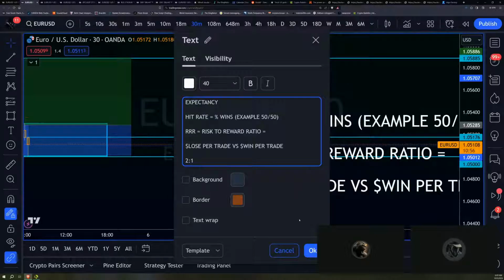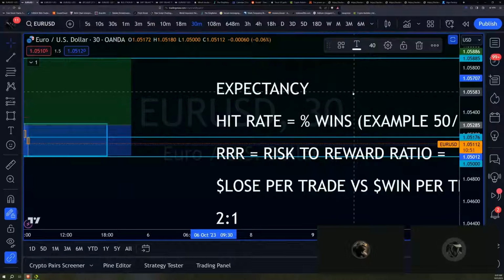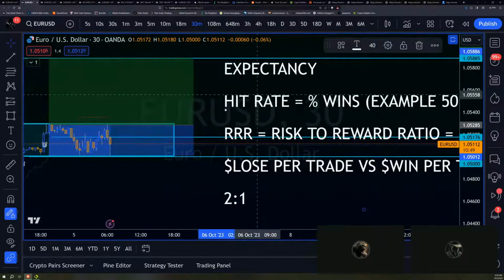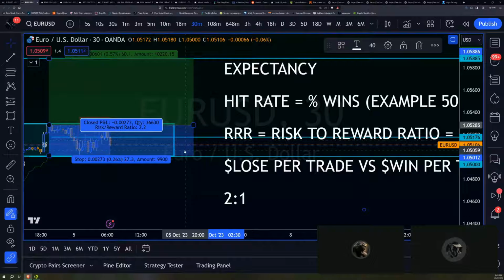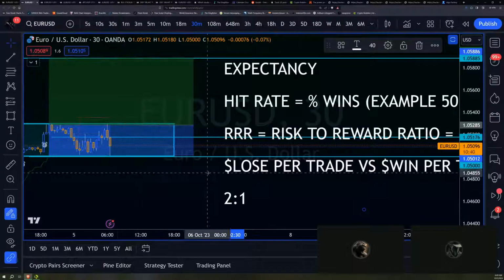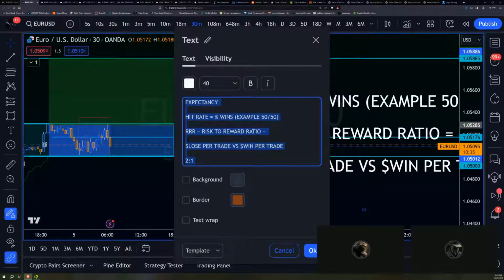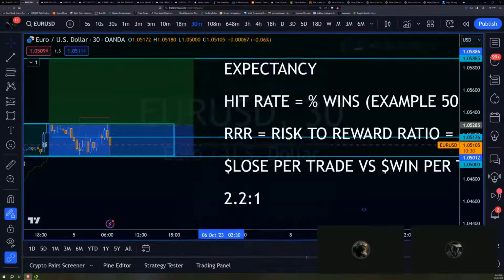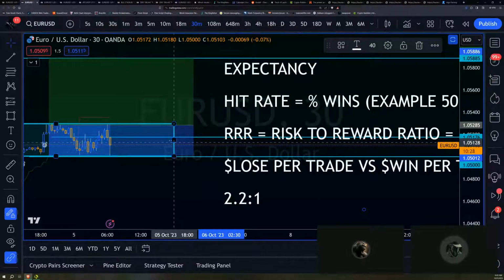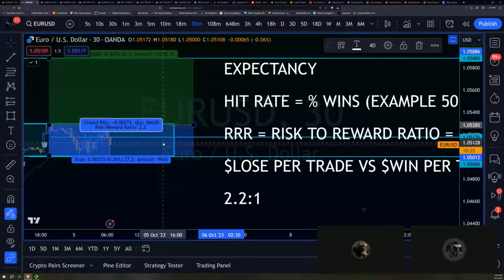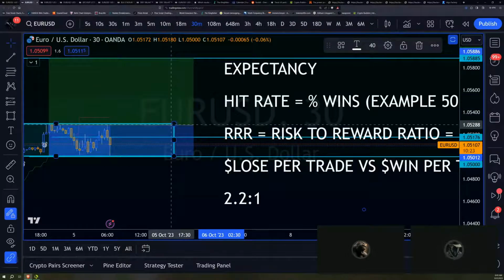Most people are in the 1.6 range that I talk to. But at the same time, a 2 to 1 is the trade that you just saw me take, the example right here, right? So this blue area is my risk. That means I'm risking $100, right? But 2.2 to 1 is what it was, so we'll correct this real quick. 2.2, just for this example. That means that when you have a 2.2 to 1, you notice the green area is my profit. The blue area is my loss.